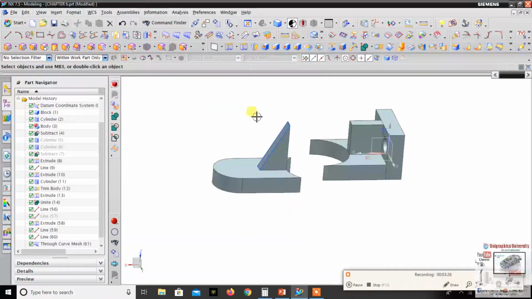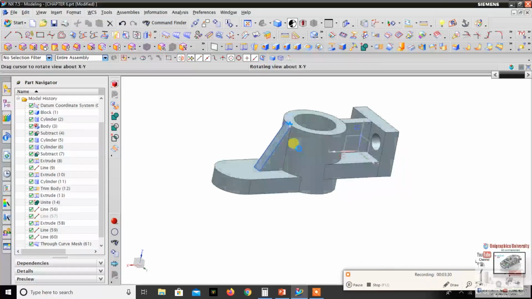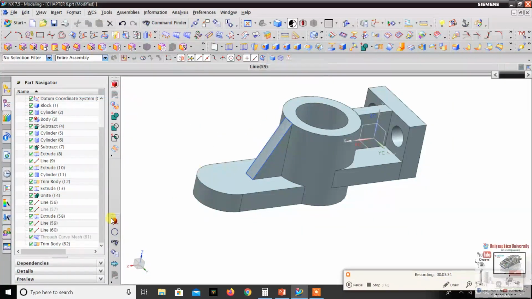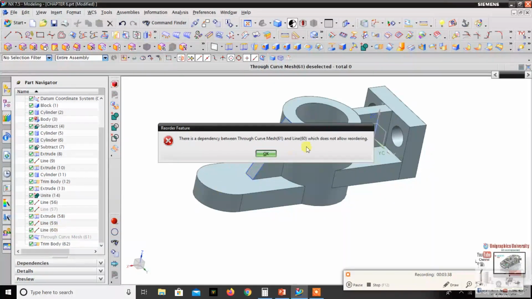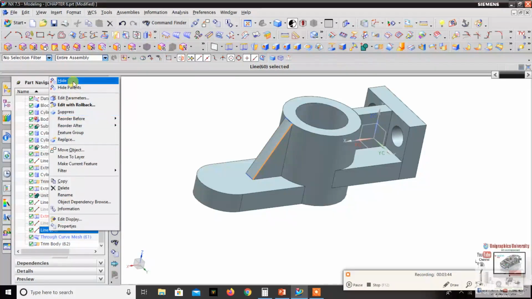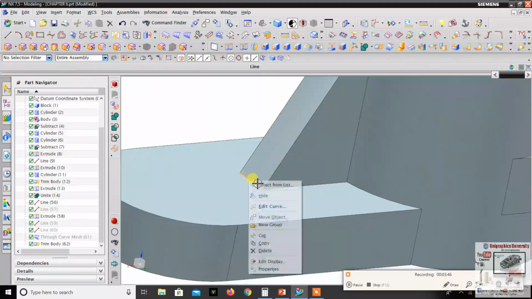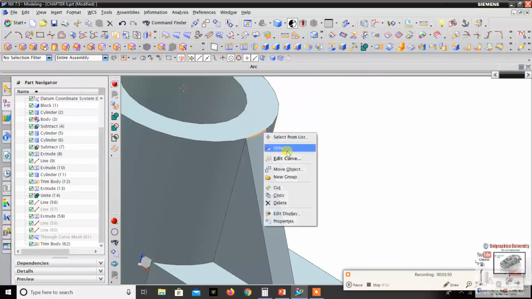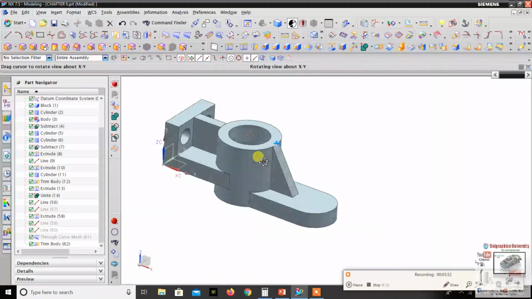Okay, just show this cylinder. Now you can hide this surface, hide this line also. Select and hide this curve, select, hide. Okay, select, hide. So it will be created.